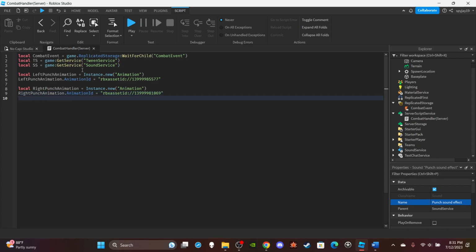We're going to make a table now. And this table is going to be called, let me put a space between it, local playersWhoCanDamage is equal to special brackets. So this is the table full of names of players who can deal damage, right? This is essential because if you were to have it where like you throw a punch,